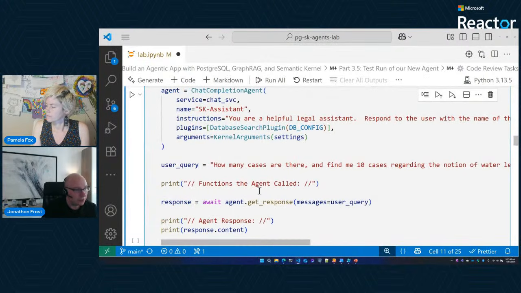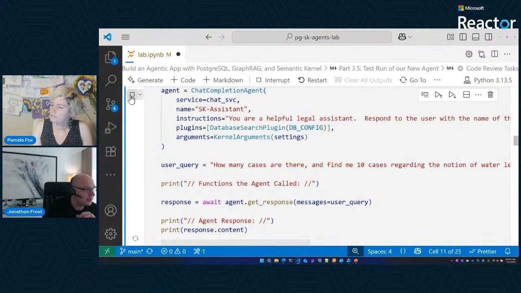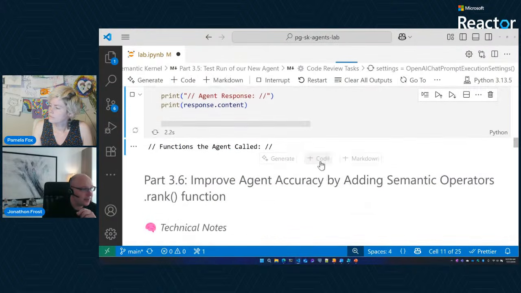When the agent's called, we're actually going to be printing out the functions that are being invoked. So each of those functions earlier, as we go, we're just doing a simple print statement. That way, as they're called, based upon the prompt, we can see which ones the LLM decided to call based upon the prompt that we're sending it. So I'm going to hit go here, and we can see this in action.